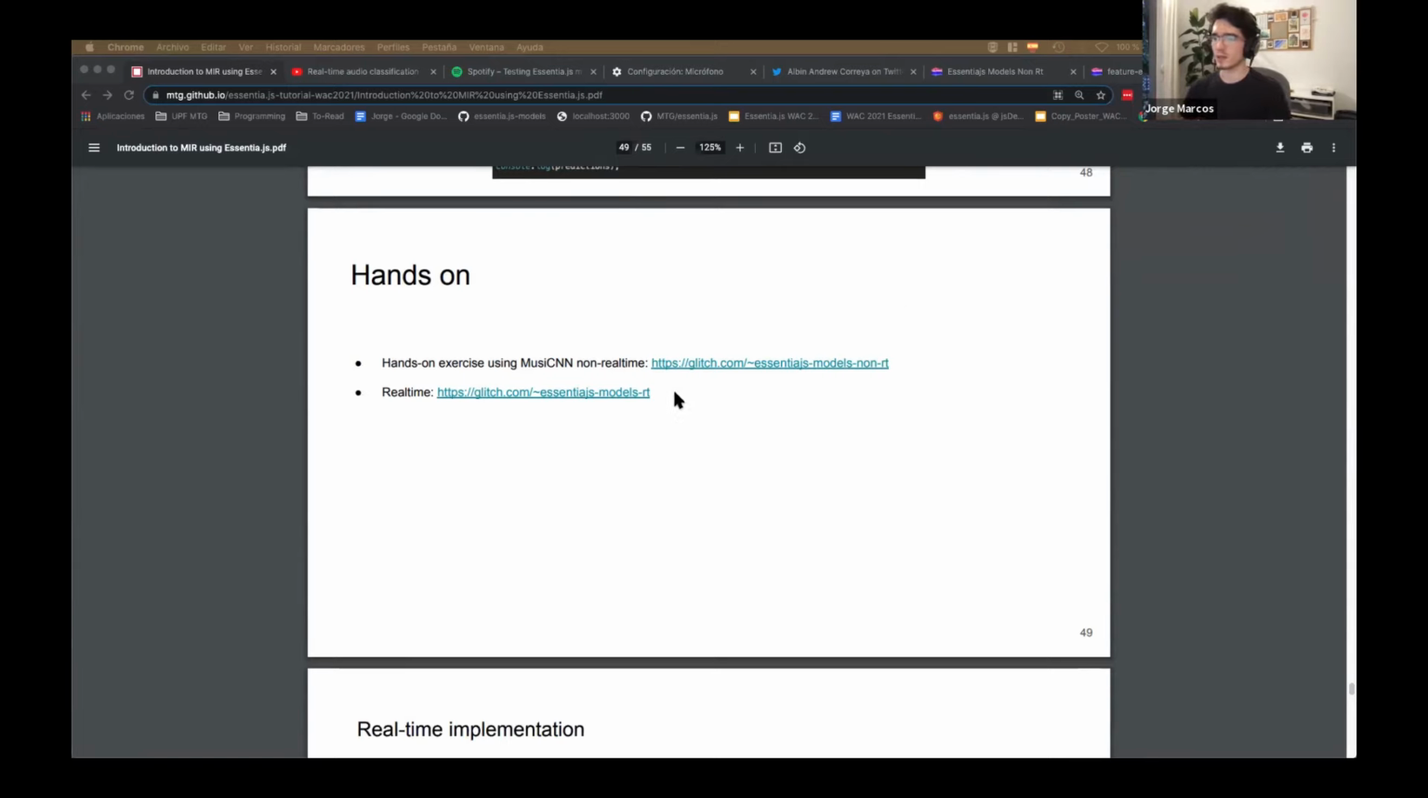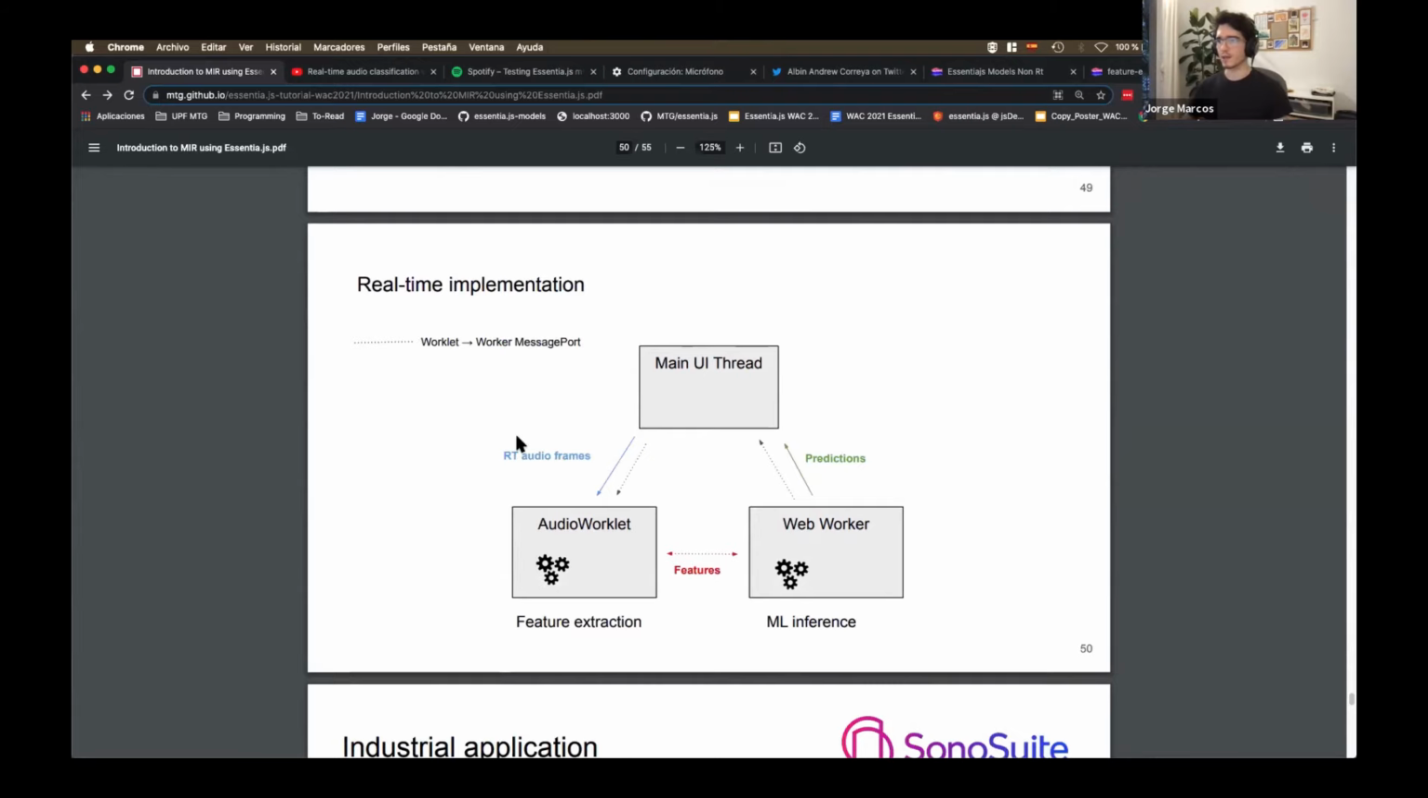But now I'm going to go into the real time, which is basically the mechanisms that we're using for the demo that we just showed, but reduced to its core concepts. So before we go over to Glitch, I just want you to get an idea of what the basic structure of the thing is. We are essentially